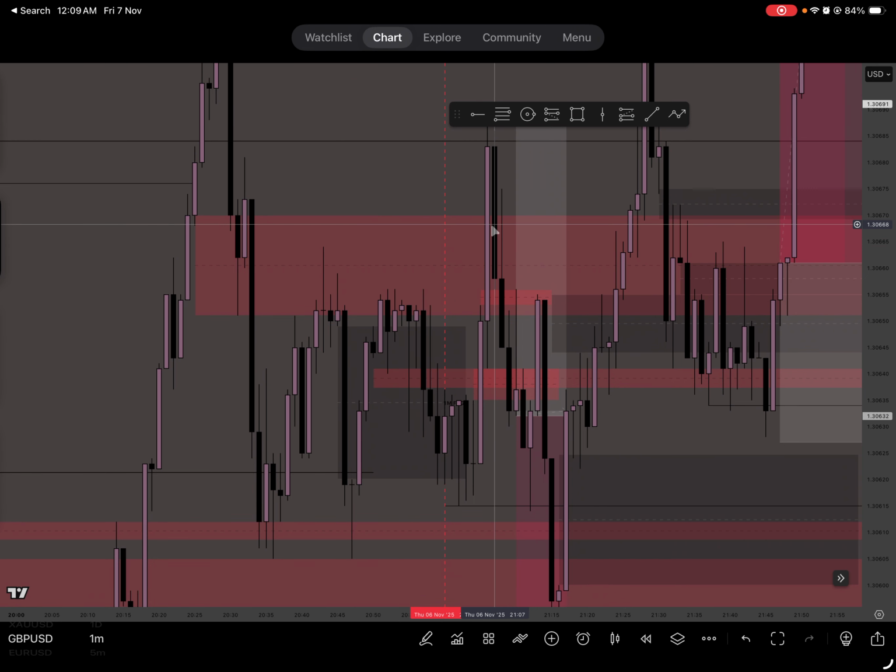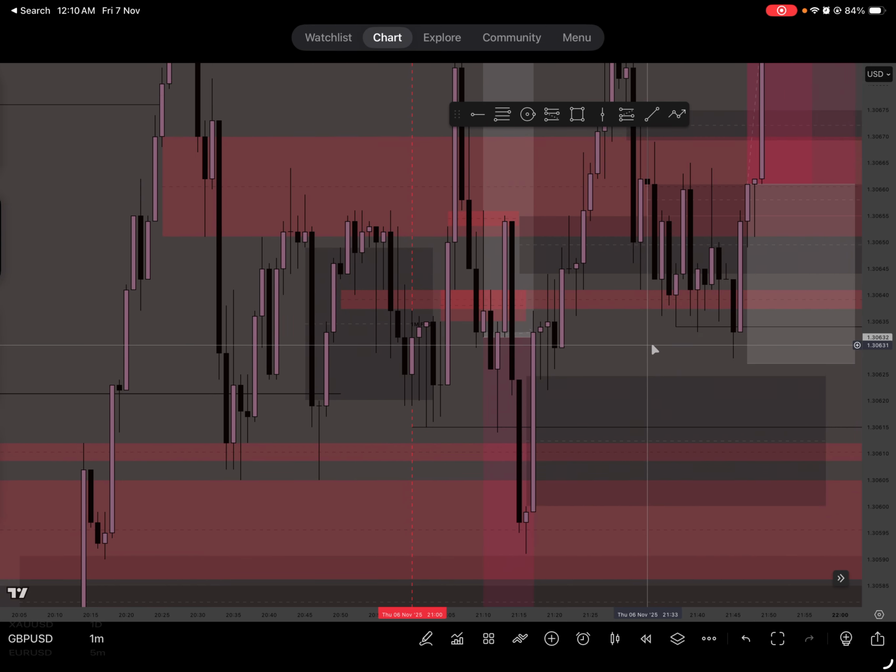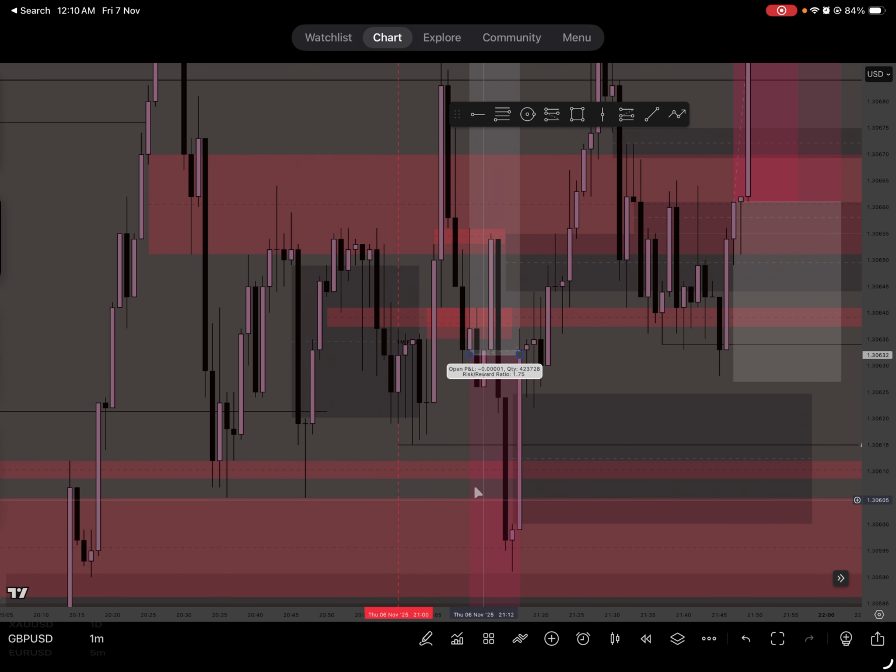So once we get that nice push through these fair value gaps, and we get that nice closure below this original fair value gap here, I did enter right on this bearish candle here,